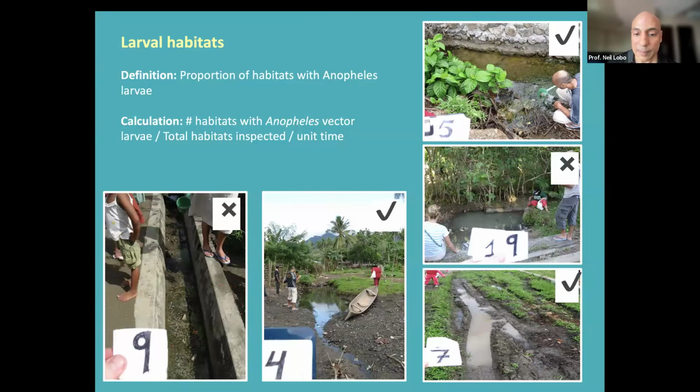And very weirdly, and unfortunately, before we did the study, the villagers, the people in these sites, were actually treating habitats 9, 4, and 19, and only 4 had larvae, and they completely missed 5 and 7, which was unfortunate. And very weirdly, these tire tracks, number 7, were super productive. And you might realize this, that even in Africa, cow hooves, little hoof prints with Anopheles larvae in them, might be very productive.